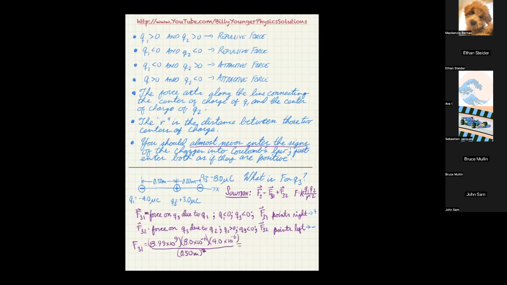Notice I'm carrying one extra sig fig than they gave me, so I'm really kind of safe doing this. I said 8.99 times 10 to the ninth times 8 e to the negative 6 times 4 e to the negative 6. And then I'm going to divide that by parenthesis 0.5 squared. It's in meters, so everything works out fine. So this force turns out to be